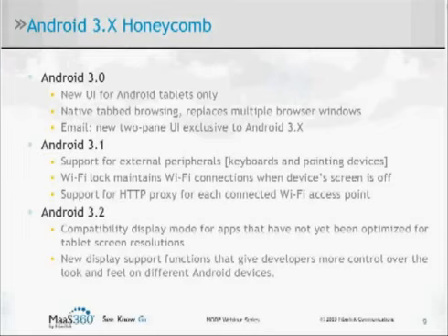But more important was the Wi-Fi lock, which maintained a Wi-Fi connection even when the device was asleep or the screen was off. We also saw support for HTTP proxy for connected Wi-Fi access points as well. Update 2 for Honeycomb, we saw some compatibility display mode changes for applications that were not yet optimized for the tablet screen resolutions. And we also saw new DisplayPort functions that gave developers more control over the look and feel on different Android